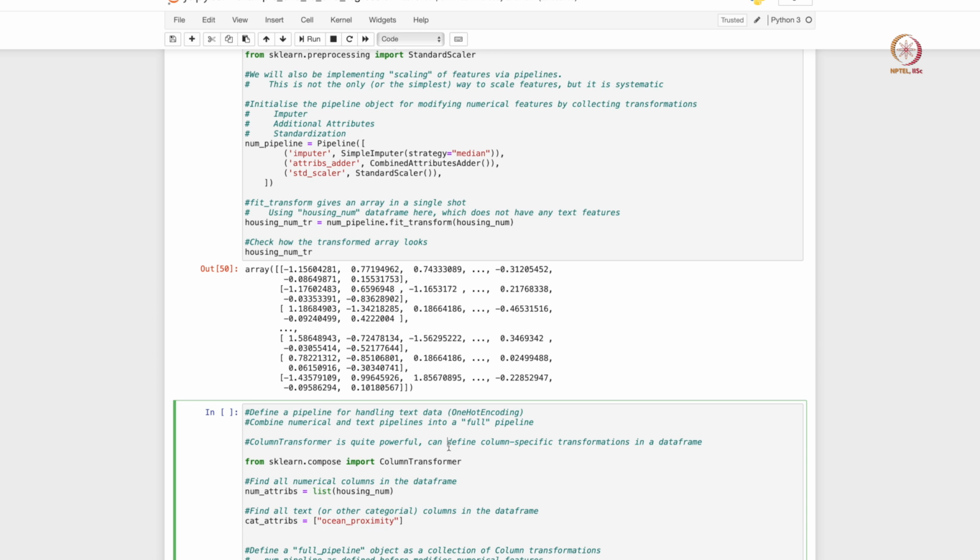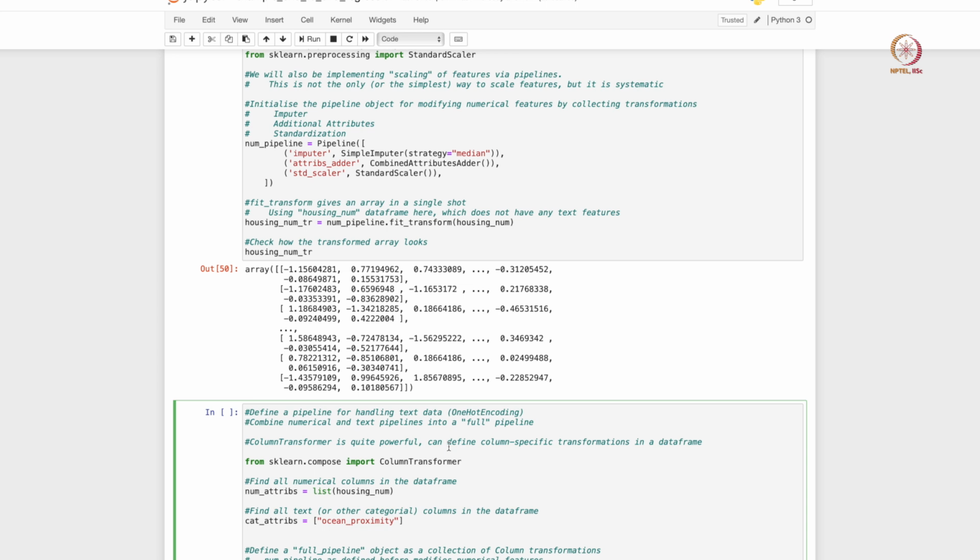That also can be introduced as a pipeline, and in general it is a good exercise to handle numerical features or numerical attributes separately from text attributes. Text attributes are also called categorical attributes. It's better to treat both of them separately, so have a separate set of transformers and even separate pipelines, and you can build one common pipeline which integrates these 2 different pipelines.